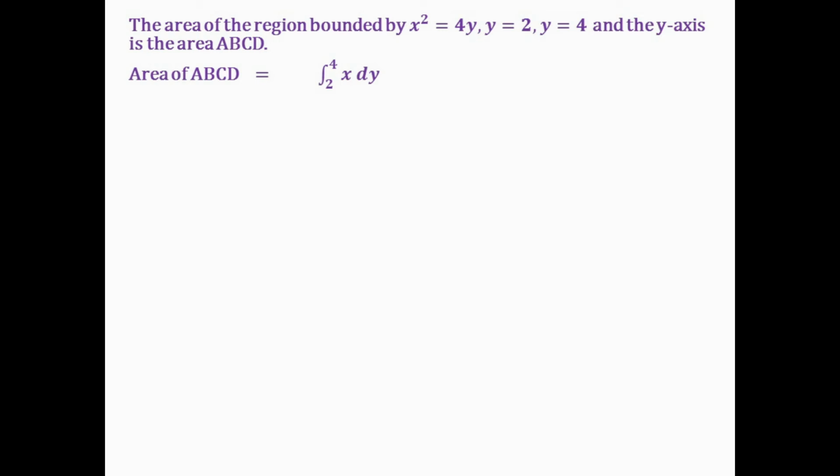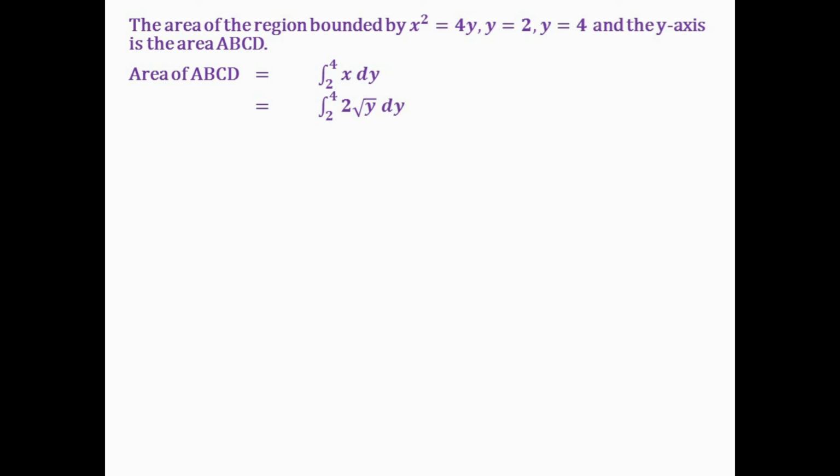And here the region is bounded by y-axis. So since it is y-axis, the formula will be integral x dy. The formula for finding the area will be integral x dy. Here the limit is 2 to 4 because y is equal to 2 and y is equal to 4 is given. That should be taken. Now, how do we get this 2 into square root of y? What is the value of x? x square is equal to 4y. So x is equal to square root of 4y. Square root of 4 is 2 and root y remains as it is.